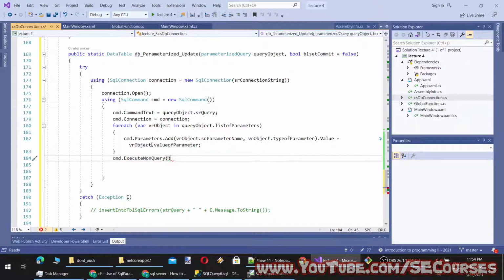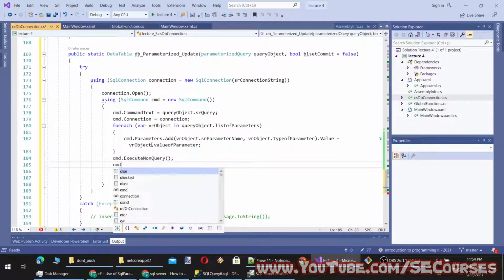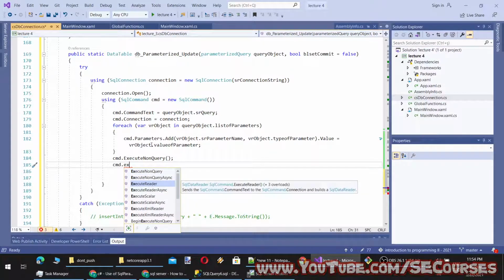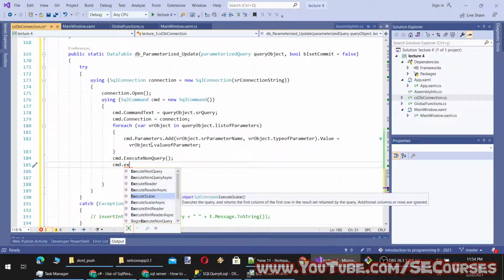There are several options: execute non-query asynchronous, execute reader asynchronous, and execute scalar. Execute scalar executes the query and returns the first column of the first row in the result set. Additional columns or rows are ignored. So this is just for returning a single result of a single column.